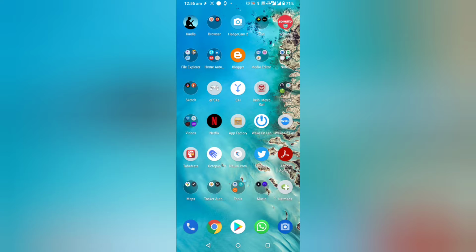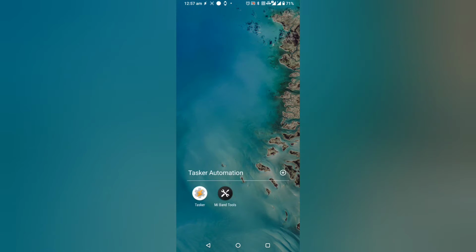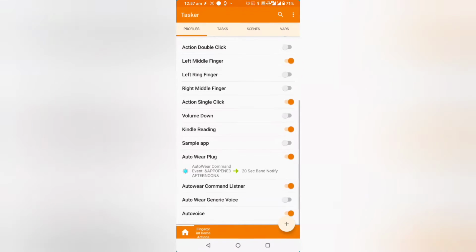So now I'm inside a mobile, and let's see what things we need to configure in order to get that command from the watch. I'm using Tasker. So I need to go to Tasker, and from the profile I need to create an event for AutoWear.